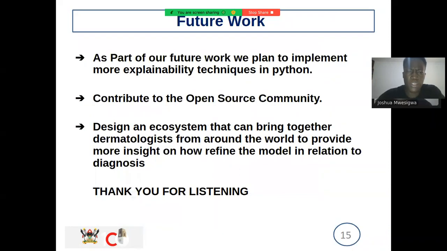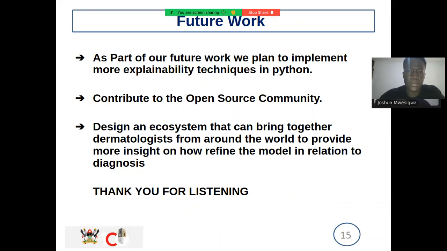Part of our future work includes that we want to implement more explainability techniques and then contribute to the open source world, because we did a lot of research and we couldn't find a lot of implementations of some of these techniques. So we want to maybe in the future implement some of these techniques and as a result triangulate our explanation. So we should be able to provide an explanation from LRP, from GraphLine, from GradCam. We should be able to triangulate that, predict the explanations of our model, not limited to only one explainability technique,